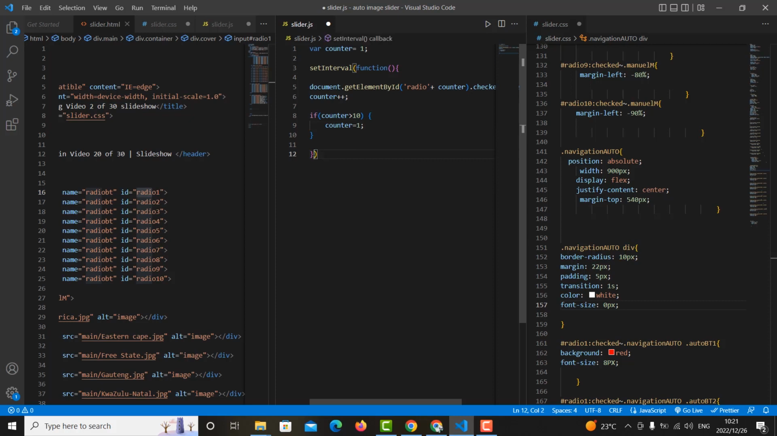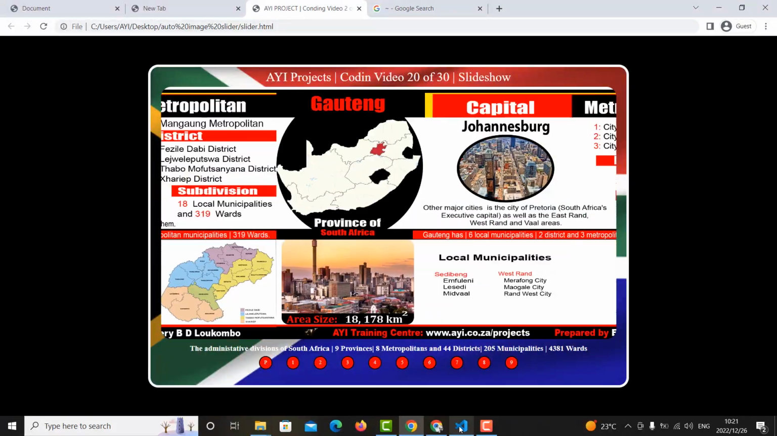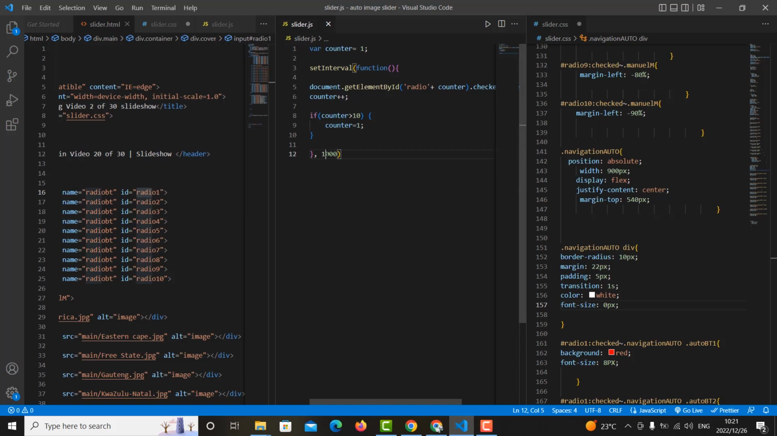Now the only thing we're going to do here, because we set the interval, we're going to run the speed. How long must it take? We put 1 second first. I'm going to put 1000. That is 1 second. I'm going to save. As you can see, slow. What I'll do, I'm going to go back. Let's put 2 seconds. I'm going to put 2000, and let's check